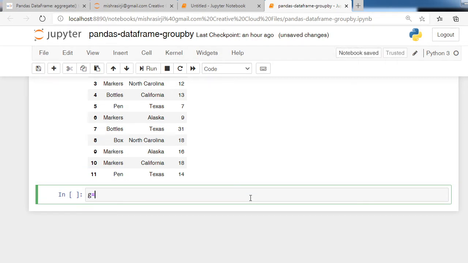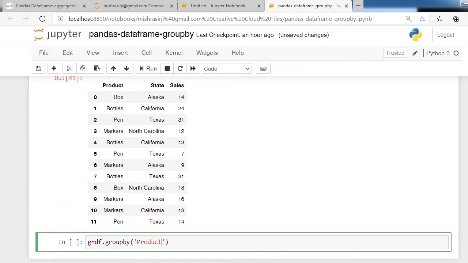So see how to use the group by function. I am writing here g equal to name of data frame, group by, then key. So key is product, so we can split this data frame on the basis of the product key. Now run this command.